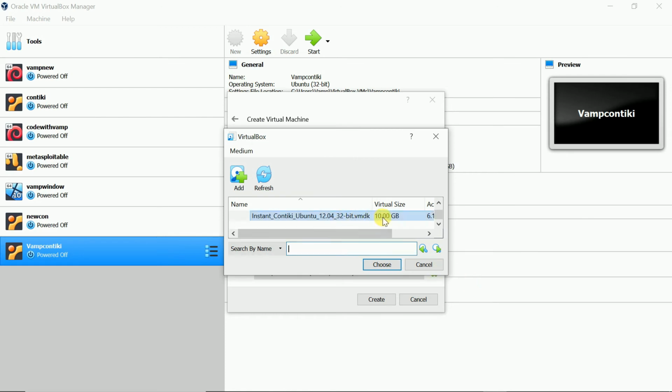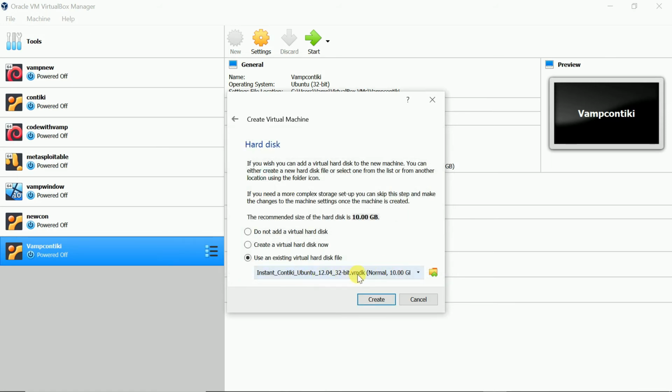Now it's selected, you can see here. Now click on choose. Now that particular file has been selected for using an existing virtual hard disk file. Now press on create here.